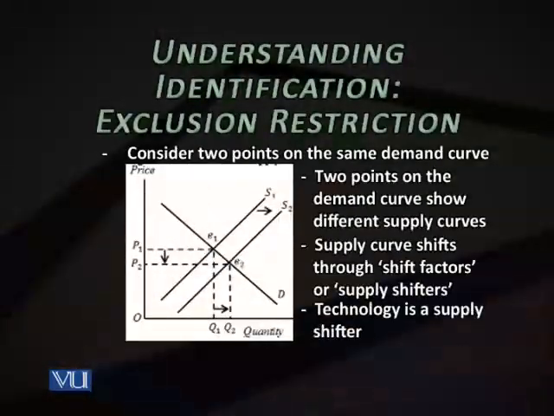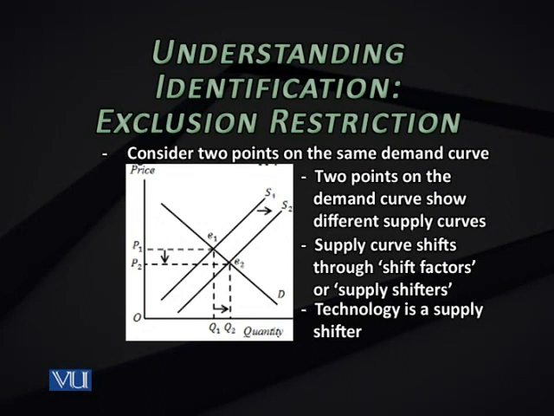So, for the demand equation to be exactly identified, it is necessary that an exogenous variable which is not in equation 1, the demand equation, must appear in the second, supply equation. Similarly, for the supply equation to be exactly identified, if you have a two-equation model, it is necessary that you have at least one exogenous variable that doesn't appear in the supply equation, but it must be present in the demand equation. To see why, we will look into some graphs on demand and supply, and I'll try to tell you why we need this exclusion. So first, look at the graph that you are seeing on the screen, which shows a